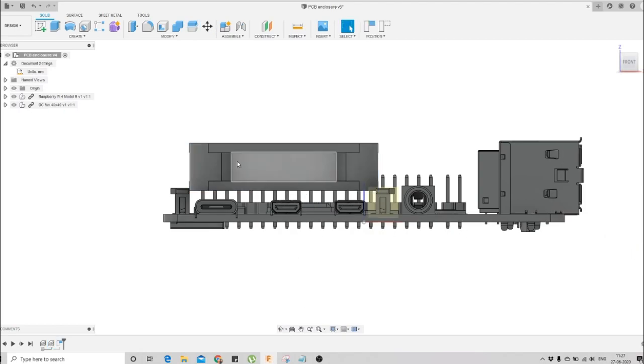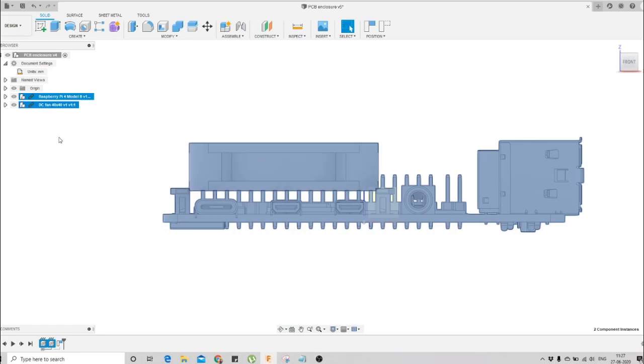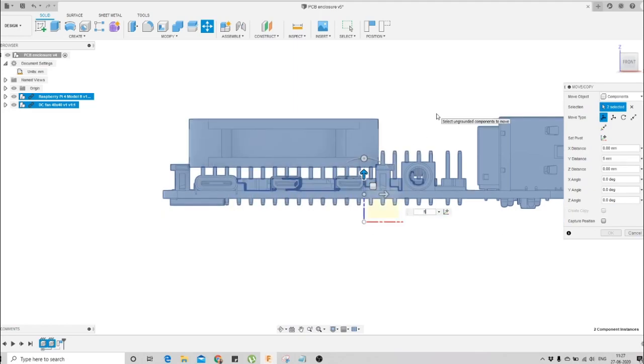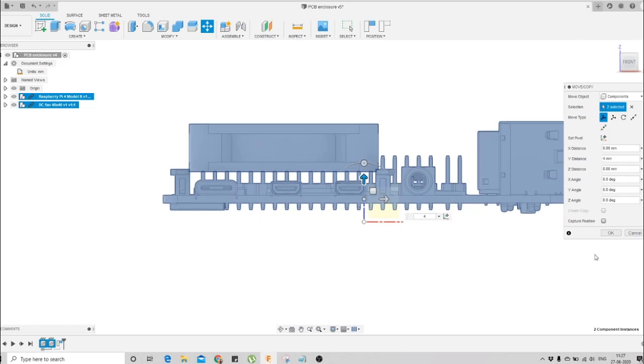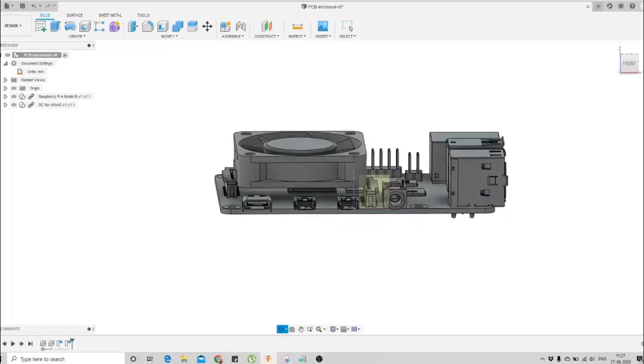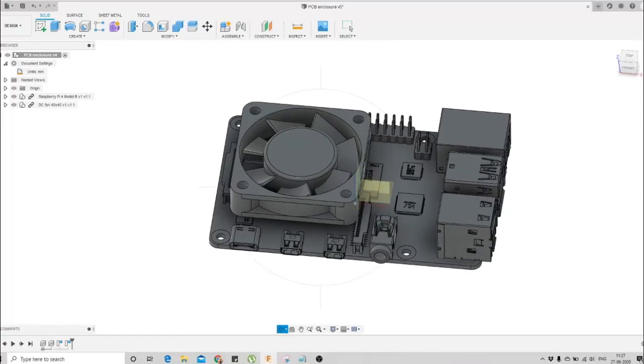So this is now 5 mm upward, and now I will select both components by pressing Ctrl on my keyboard, and then again click on move, and I will move both of the two components. Here you can see I have selected two components. I want to click on the top arrow, and then I will enter 5 mm, not 5 mm. Actually I want to keep it as, let's say, 4 mm. Okay, so this is our 4 mm, and then we'll click on capture position. The instant we click on capture position, both the components are now fixed in the space. It's not actually fixed, but the command is over now, and the positions we wanted are done now.